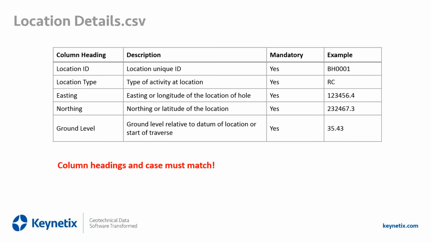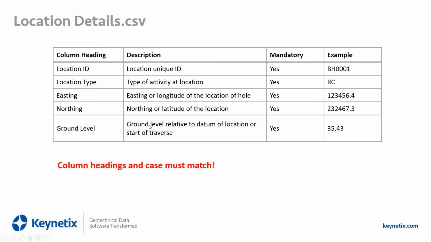So this is the location details. This basically gives information of where each one of your borings is. So each boring will have its own unique ID, so you need like boring hole 001. The boring type, so this is whether it's rotary core, perhaps a test pit. It's really just so you can manage your data better within the actual geotechnical module. You can type in like TP for test pit, for instance. Where they are, the eastings and the northings, so whichever coordinate systems you happen to be using, and finally